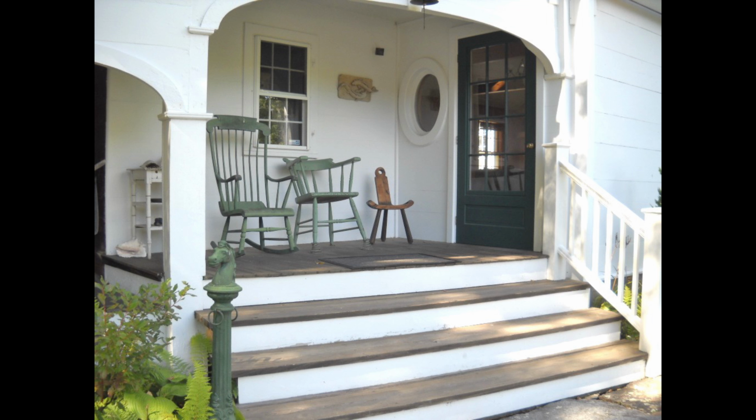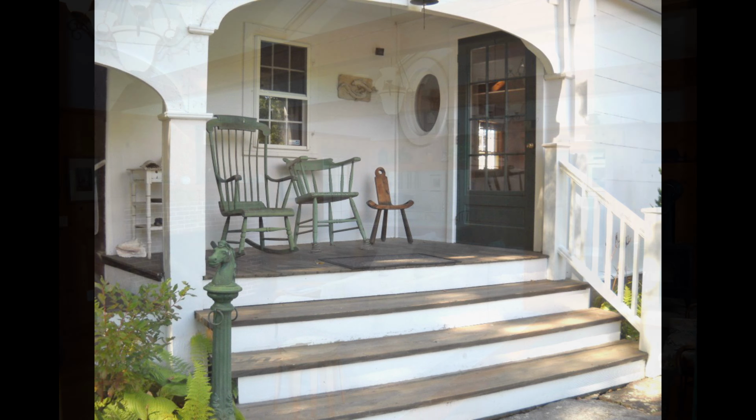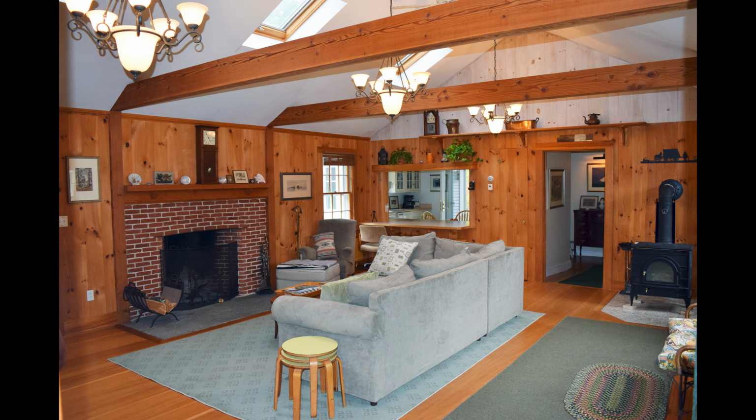We'll start you at this wonderful sitting porch because this is the primary way everyone goes in and out of this property anyway. It's just a great place to sit and listen to the sounds of the waterfall and the nature that surrounds this property. And as you can see with the next picture, it actually brings you directly into the great room, the family